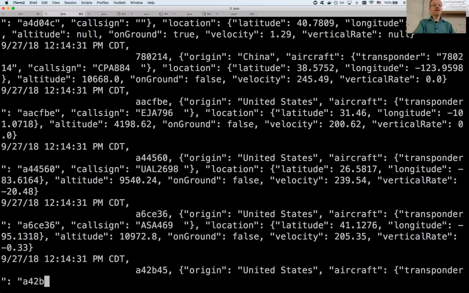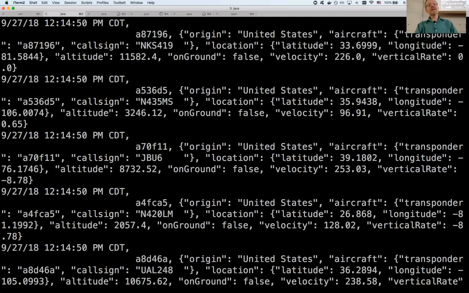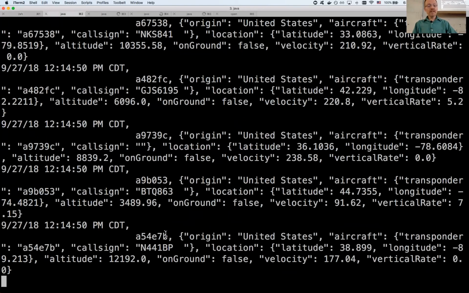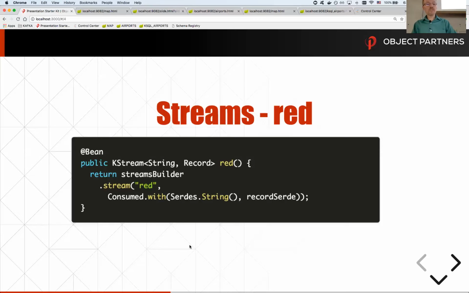So I'm going to go over to KSQL and just dump out the stream that I did there. So here I'm going to the native topic, saying print it out from the beginning. And you quote it because KSQL is always uppercase. I didn't create it that way. And it will print out ad nauseam all the red planes that I stored in there, where the key is the transponder code of the plane, and then I have location data and aircraft data stored within there. So that's what I did from here.